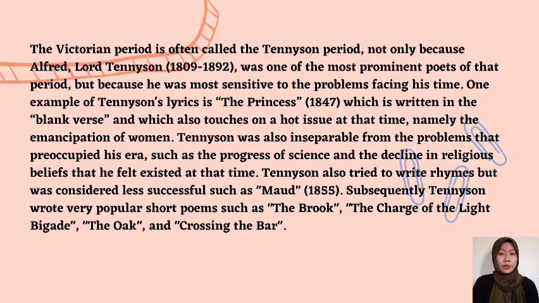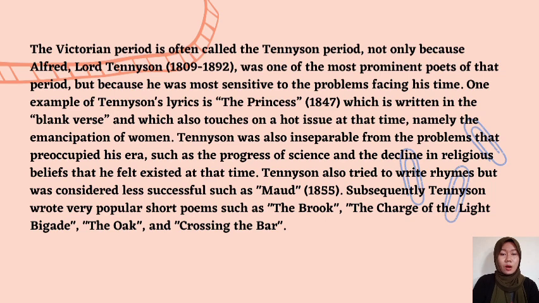The Victorian period is often called the Tennyson period, not only because Alfred Lord Tennyson, 1809 to 1892, was one of the most prominent poets of that period, but because he was most sensitive to the problems facing his time. One example of Tennyson's lyrics is The Princess, 1847, which is written in blank verse and which also touches on a hot issue at the time, namely